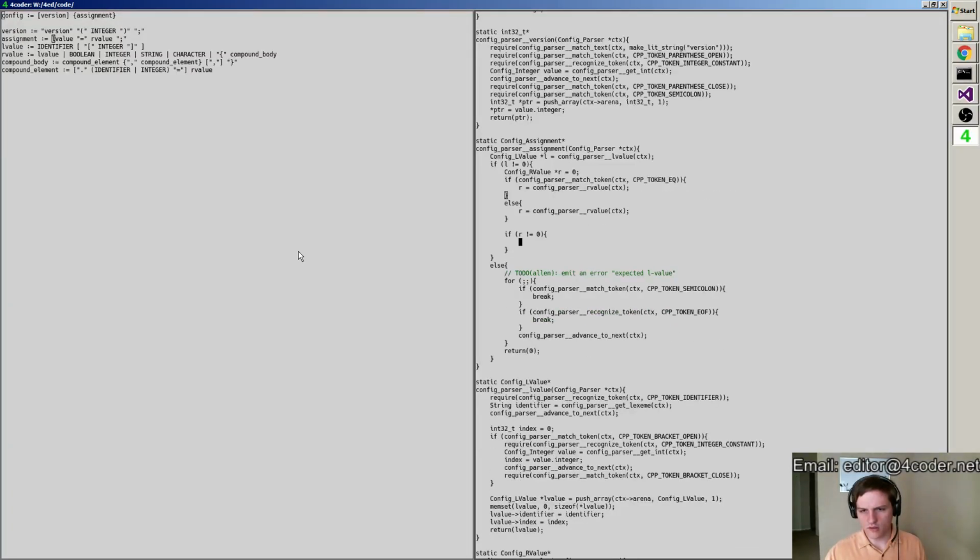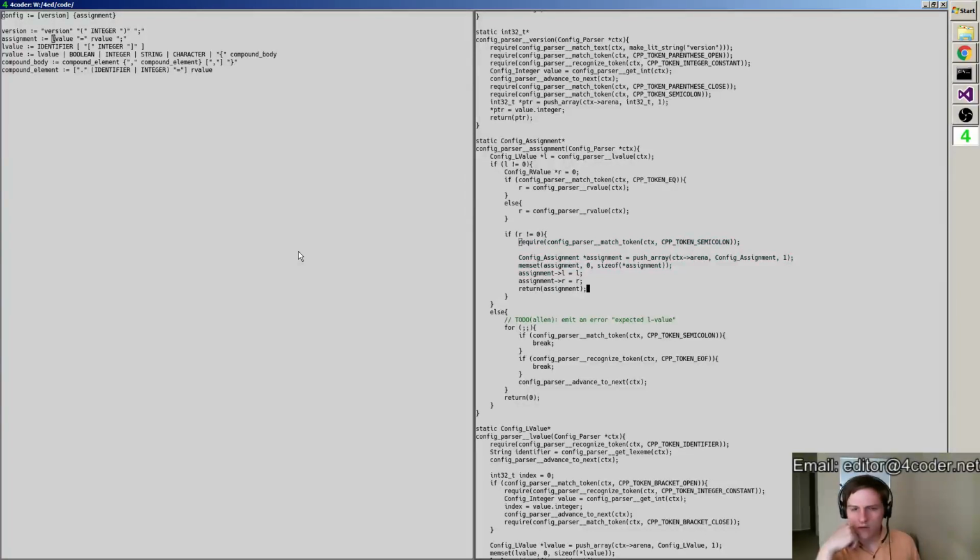So something like this, I guess. So if we found an equal sign or not, either way we get an r value. Do we do anything different if we did see an equal sign? You know, I guess we don't. So let's just say that actually it's just optional in reality, but it's an error if it didn't happen.